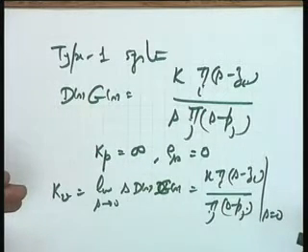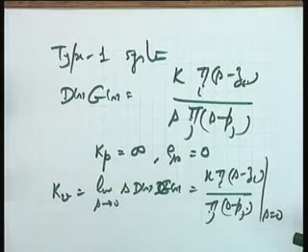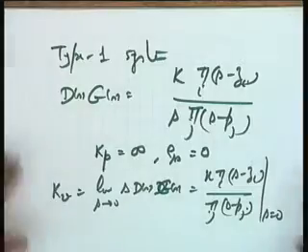Ka in this particular case will turn out to be 0 and hence the steady state error to acceleration inputs is infinity. So it means by introducing one integrator in the forward path, you have improved the steady state behavior of the system. You have improved this.